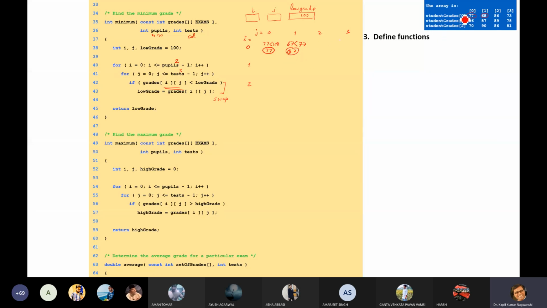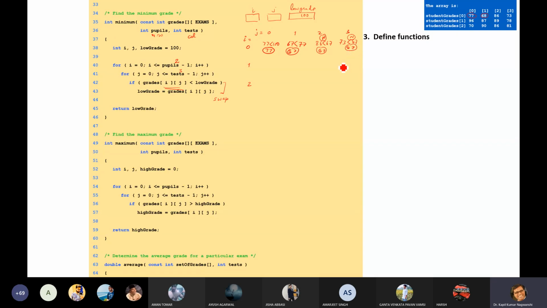Okay. Again in the third, 86. So 86 is compared with 67. So 67 is still the low grade. Now, is 73 less than 67? No. So again, the answer is 67.